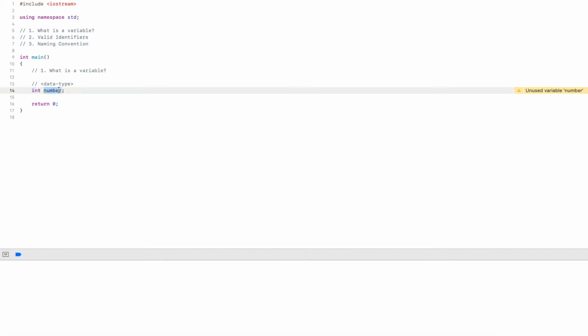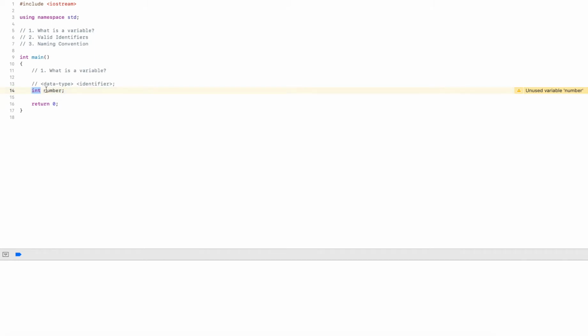And so this variable that is named number can store whole numbers, integers. It can store negative numbers, positive numbers, any integer. So -100 is okay, 1,000,000 is fine, 500,000 is fine, 15, 3, 0, any whole number, positive or negative in this case. Then following the data type is the identifier. This identifies the variable. This is often also referred to as the variable name.